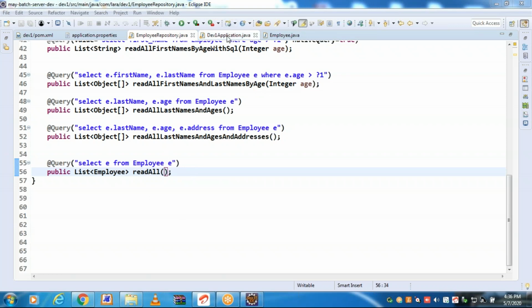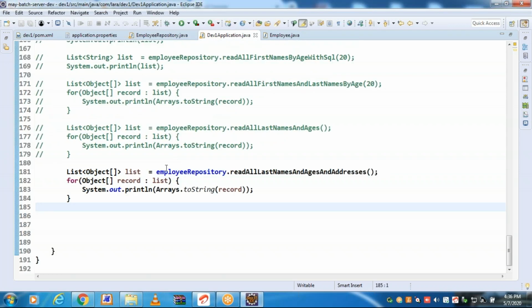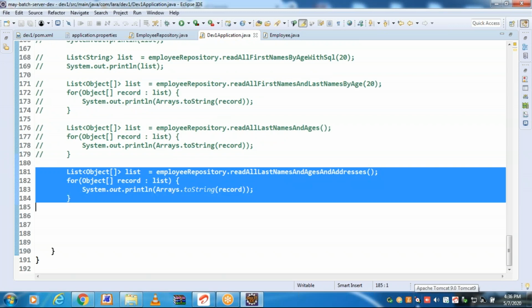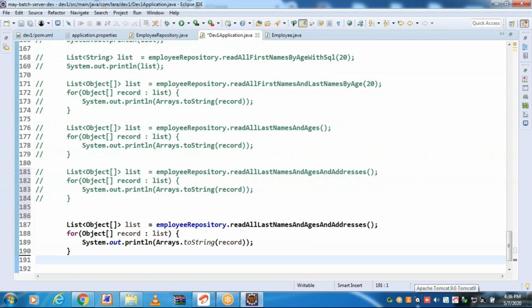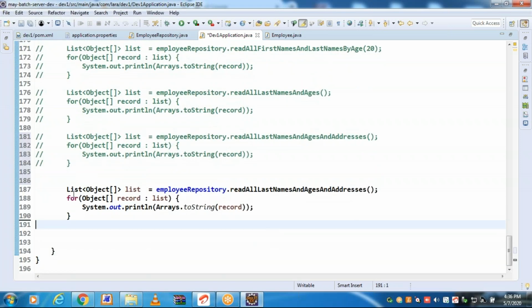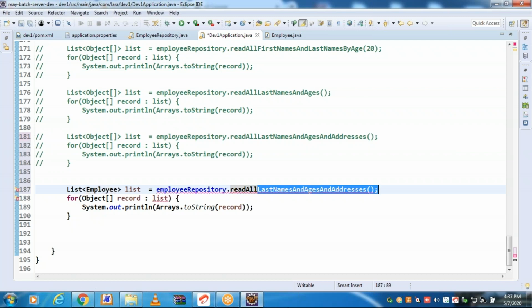Go to the application class, called readAll. Here we are getting a list of employee objects.